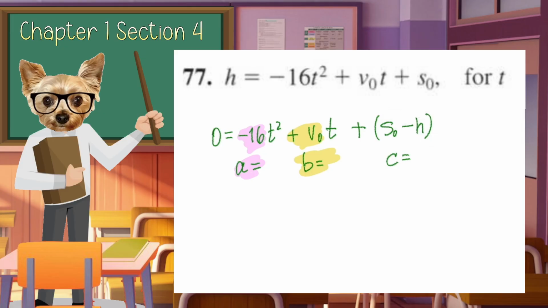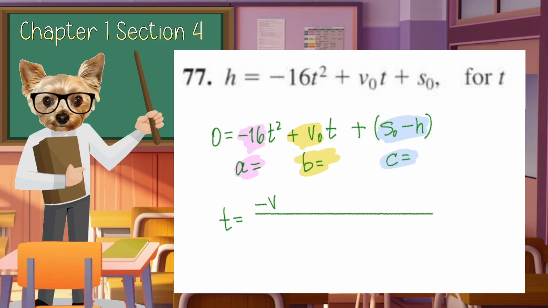And C is right there. Being that I have no idea if it's factorable or not, but I do know the quadratic formula works every time. That's essentially all I'm going to do, is I'm going to set up my answer in terms of the quadratic formula. Instead of it being x equals negative b, blah, blah, blah, it's t equals. So I will have t equals